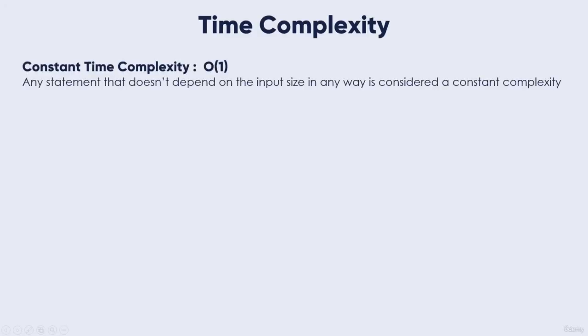There are some general rules to help us determine the running time of an algorithm. So we'll start with the time complexity, with the constant time complexity. Any statement that does not depend on the input size in any way is considered a constant complexity, O